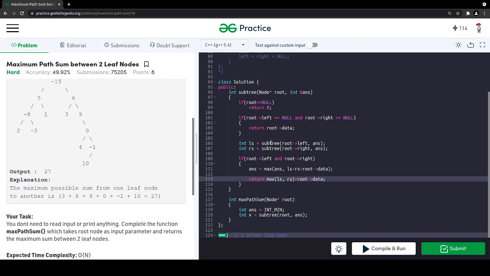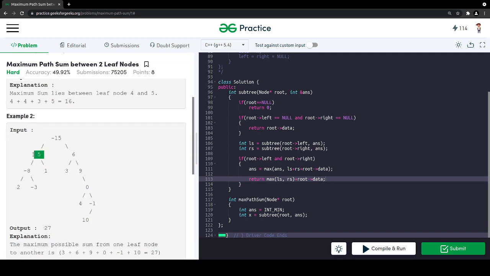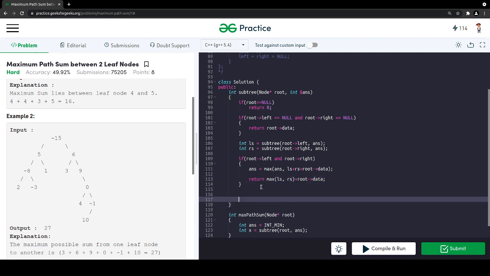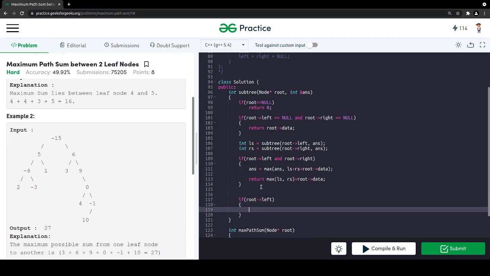Now I will be computing its left subtree, right? I came here, I got the answer from this tree and this tree, but it is a left subtree, so I will be taking the maximum of these trees and put it in here. Okay, so I will be getting the answer for this because it is a subtree. Also if root's left exists, okay, then answer will be, oh sorry, I will be returning, means only this part is left. I am done with this